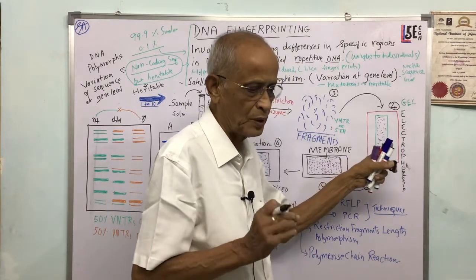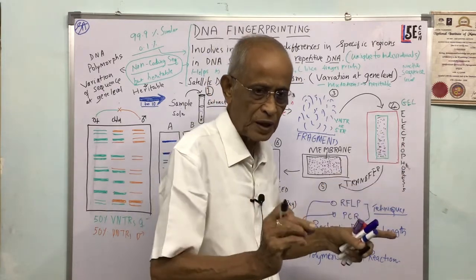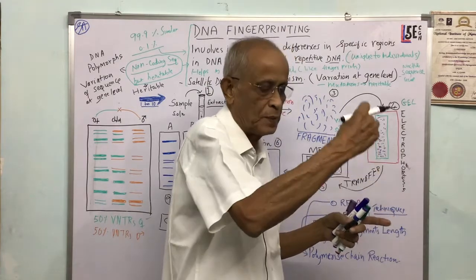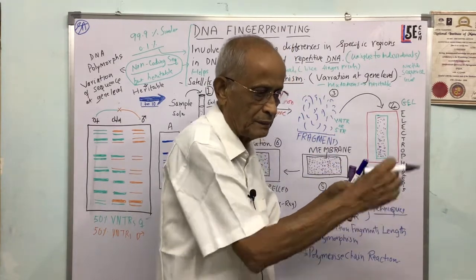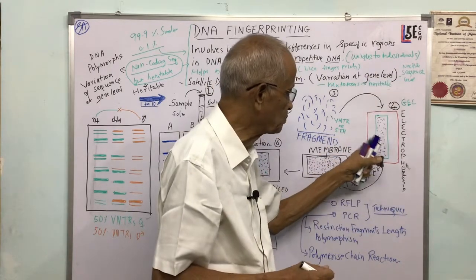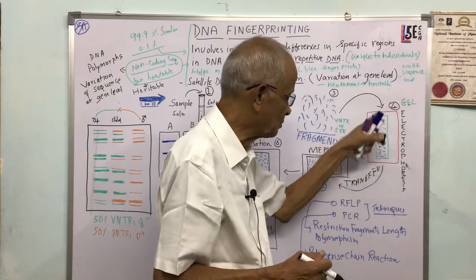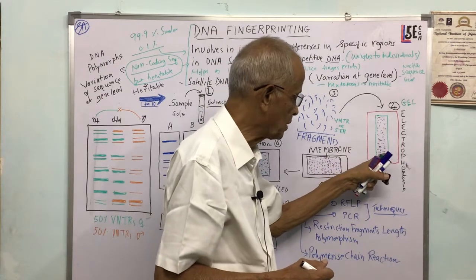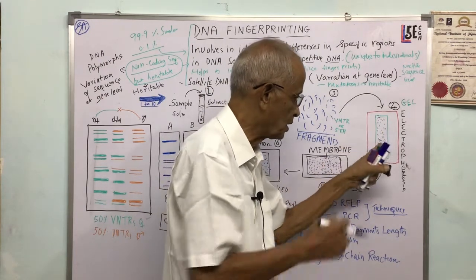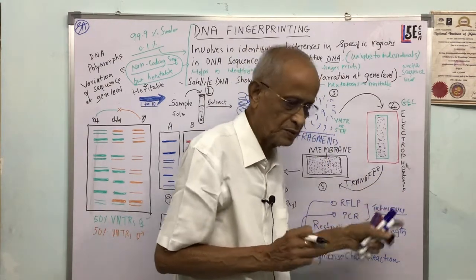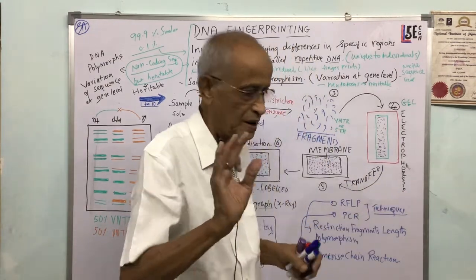If you have done the paper chromatography of the chloroplast, you see the bands separate like that, yellow, then green, the bands like that. So here also the small segments will arrange themselves in such a way that smaller segments will be at the bottom and the larger segments will be at the top. So that is electrophoresis, because we don't want to discuss that in detail here.